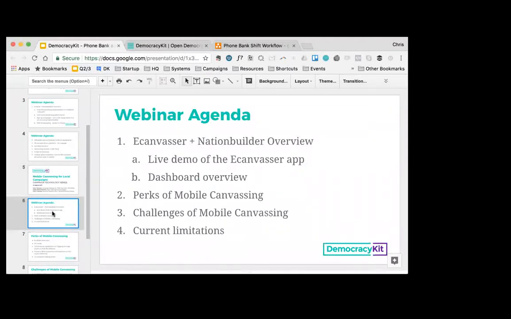On this webinar, we'll take a look at Ecanvasser, both a live demo of the actual app and a look at the dashboard, and talk about the perks, challenges, and limitations. And now, I'll just preface this in saying that, in my experience with municipal campaigns, mobile canvassing still is